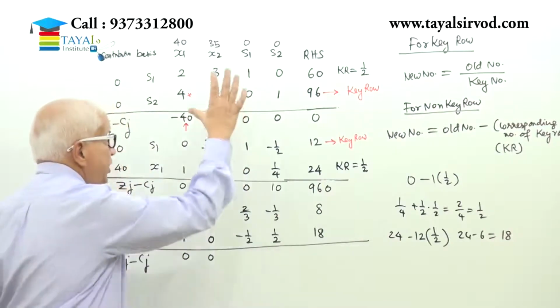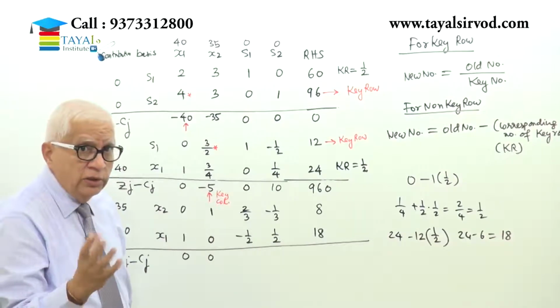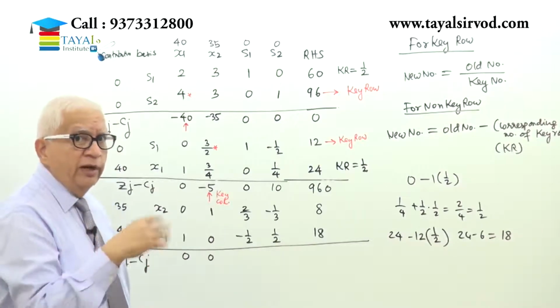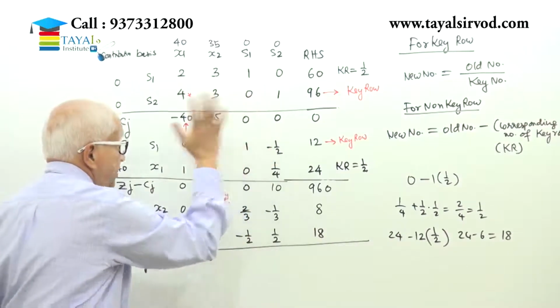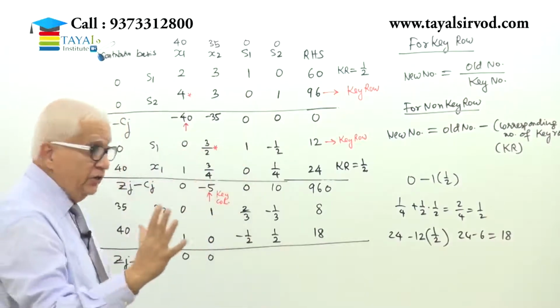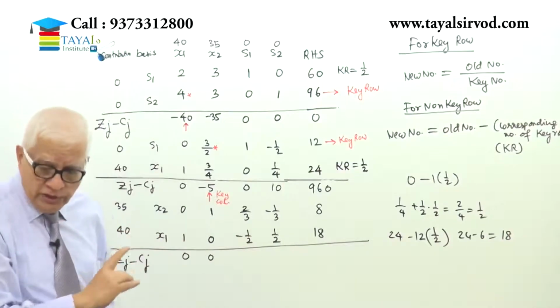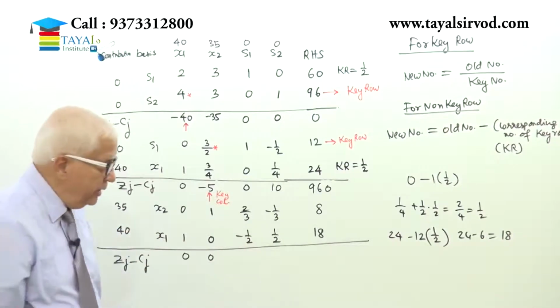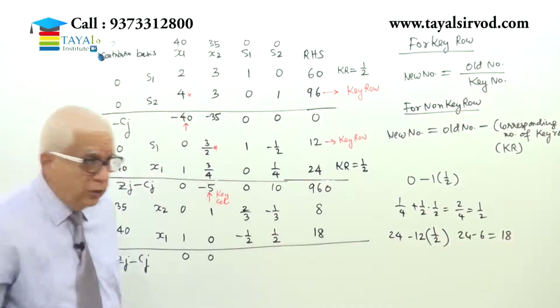So this was my initial simplex table or tableau. Tableau is also used for a smaller table. In fact, however big, it is always known as simplex tableau. So my initial simplex tableau, after iteration number 1, I got this. After iteration number 2, I got this. Okay. Now this is yet to be completed. So let me complete the numbers in the index row. 1, 2, 3 numbers are required to be calculated. So let me calculate them.